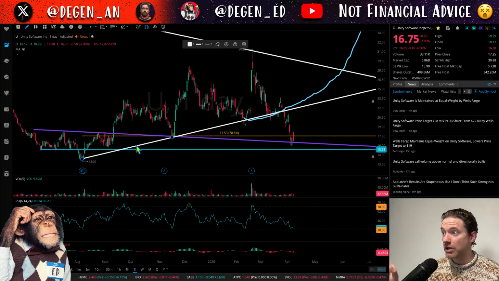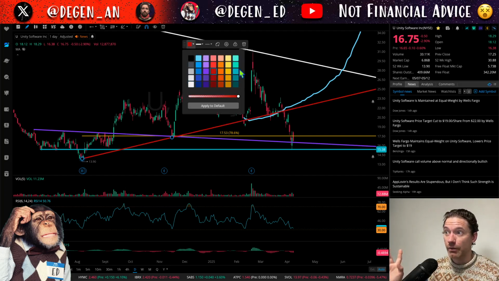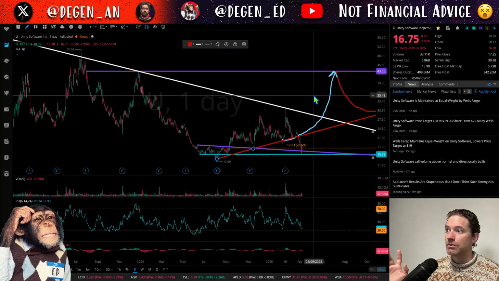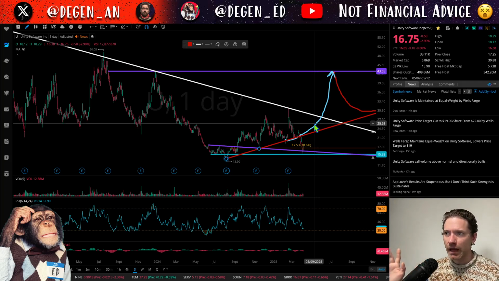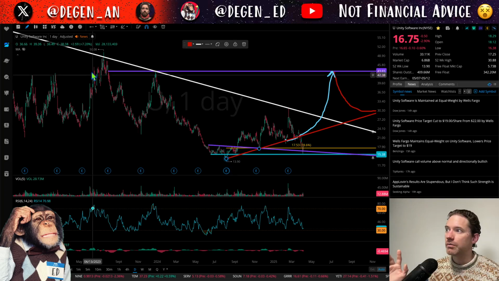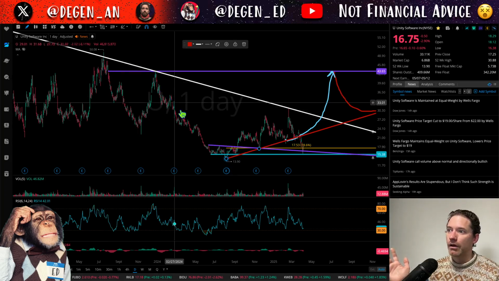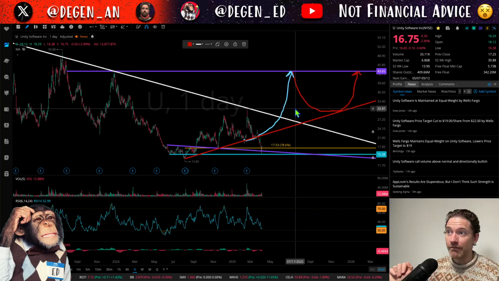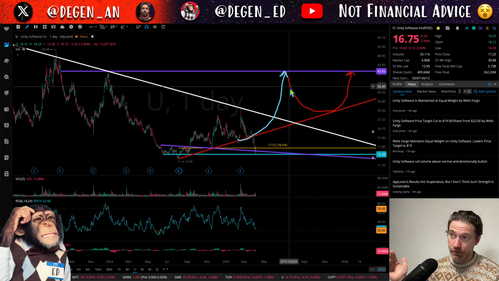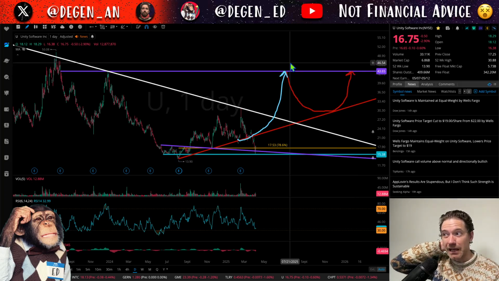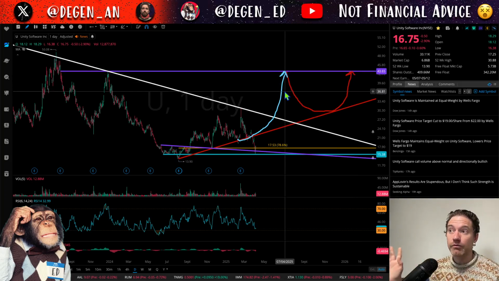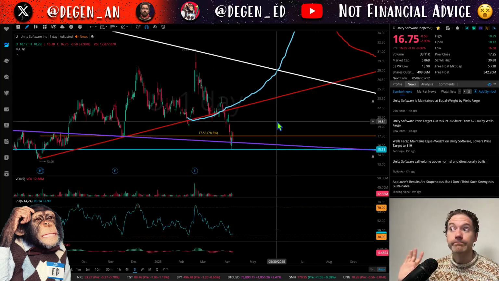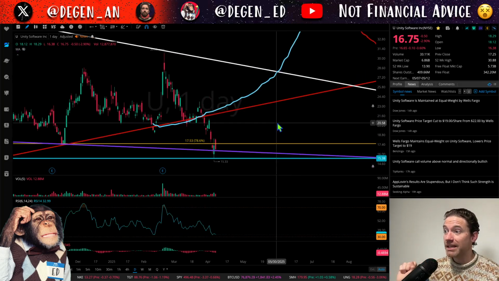And I should probably adjust this white line to be red. I think that would be acting as resistance if we do get up there. And I can delete this doodle, but actually no, we still could have that doodle. This could be an inverse left shoulder here, head here, and we just need to get up to around 45 to have that play out. That would suggest further downside later on, but we'd have to be getting up there. So by the middle of the year, maybe by the end of the year, I could see this getting up to around 45. But yeah, let's see.